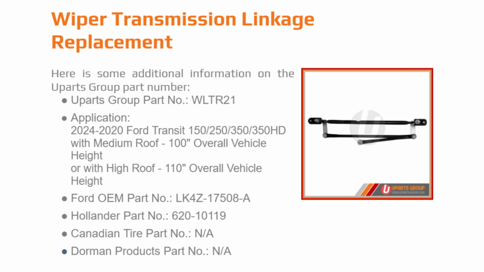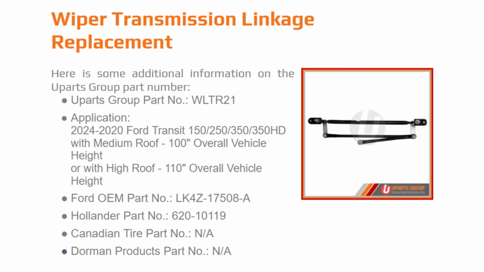Today, we're going to replace the windshield wiper linkage on a Ford Transit 150 medium roof, 2020, using U-Parts Group replacement part number WLTR21. Here is some additional information on U-Parts Group part number. The U-Parts Group part number is